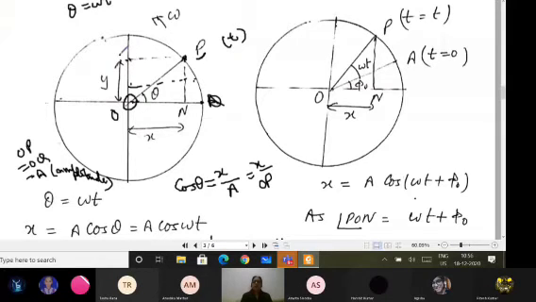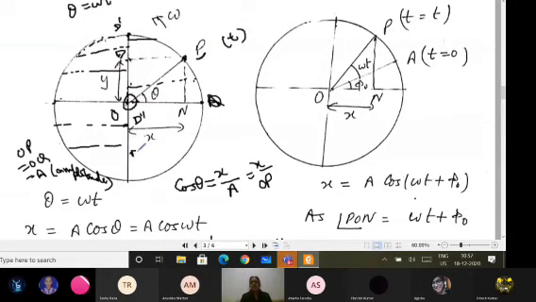You may name it as, say, some name D. Here I may say D dash. So if I'm making the particle move here, the projection is moving like this. It means when I'm moving from Q to D dash, my projection is moving from O to D dash. Then if I complete the circle and come here, how is the projection moving? Projection is moving on this line. If I'm here, projection is falling at O point. If I'm here, projection is falling on this point. I may call it D double dash.